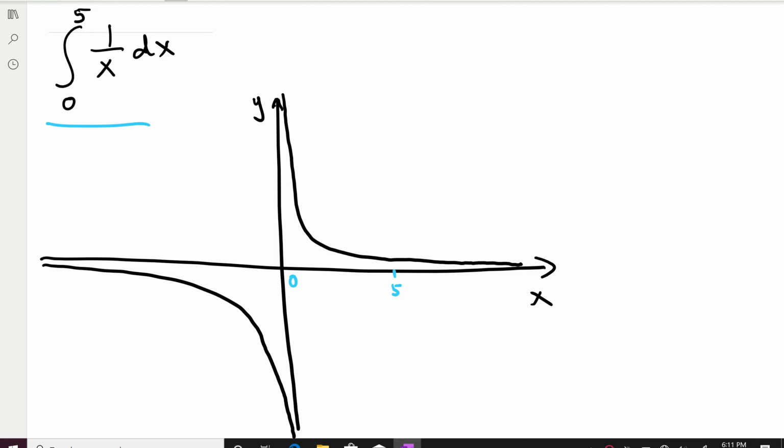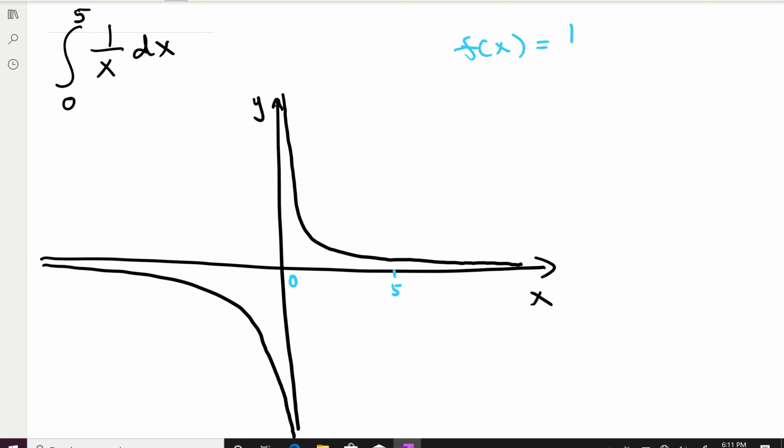Now this time you want to integrate the function 1 over x with respect to x between the x values 0 and 5. Now if you look initially at the bounds of the integral, that means 0 and 5, there's no problem with 0 and 5. At least this is not a type 1 improper integral, right? Because there's no infinity in the bounds of the integral. Right. Now let's talk about the function 1 over x, because the function 1 over x is a very interesting